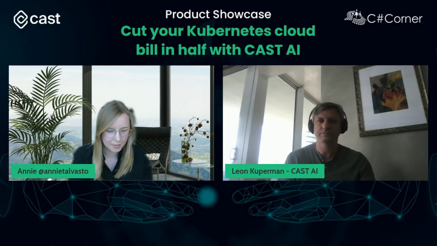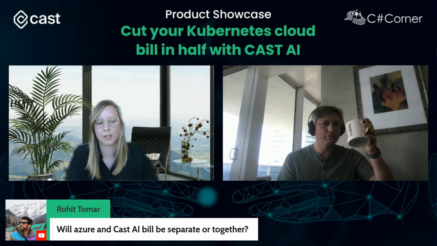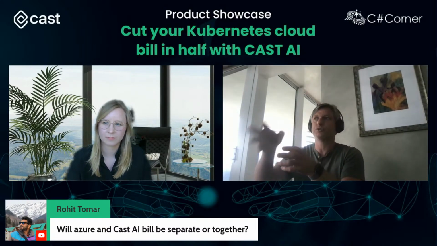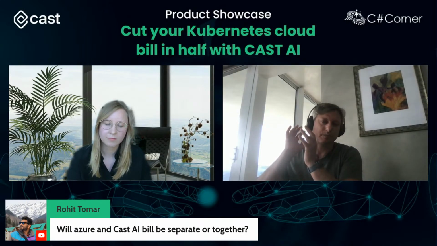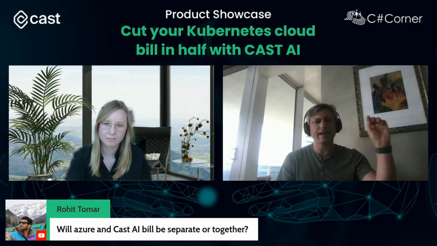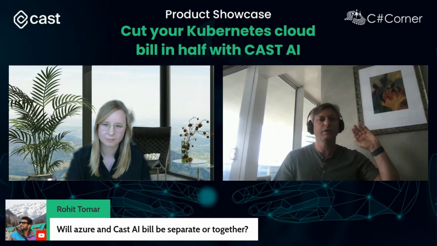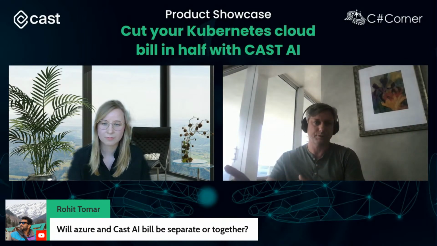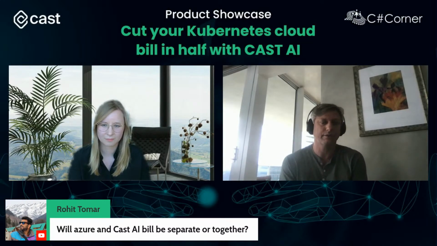Will the Azure and CAST AI bills be separate or together, or any cloud bill and the CAST AI bill? Great question. We don't buy the compute on your behalf. These are your accounts. In the Azure context, it's called a resource group, and your bill remains inside of Azure. CAST just charges you a very small management fee, so it's not nearly in the scope of the cloud bill. You'll get a bill and billing reports from CAST showing how your clusters are trending in terms of spend. But the actual bill you pay is for Azure or AWS or Google, any cloud that you work with today.